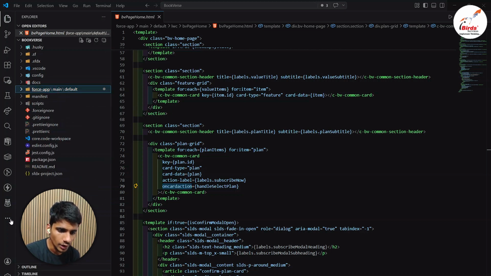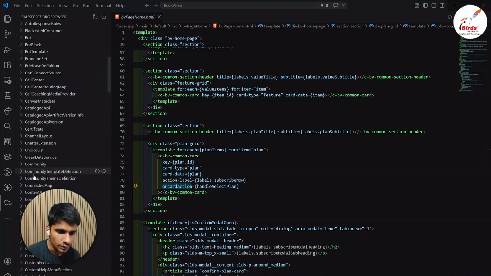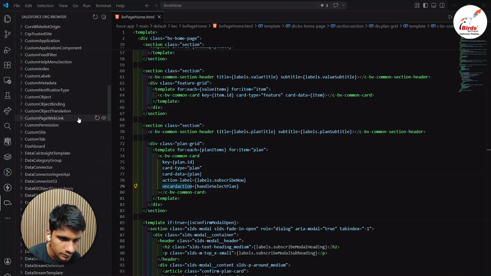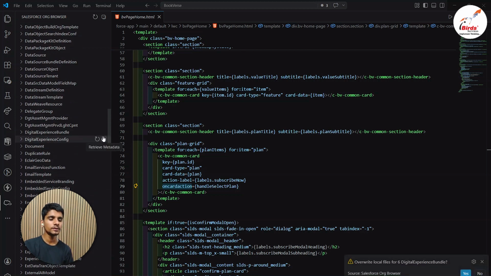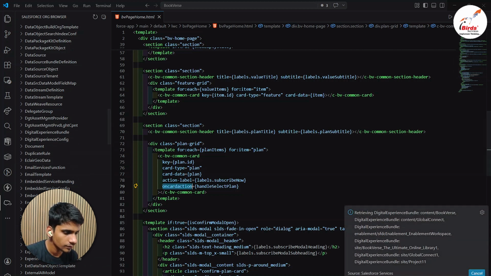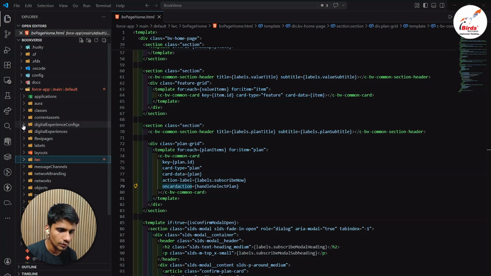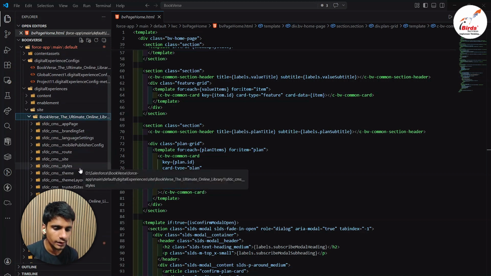For that, you just have to go to the Salesforce browser in VS Code. Inside VS Code, after this, retrieve your digital experience site. After retrieving this, it will take some time, so just wait for it. Now inside the digital experience, open it. Inside the site, click on your site, and here sfdx cms